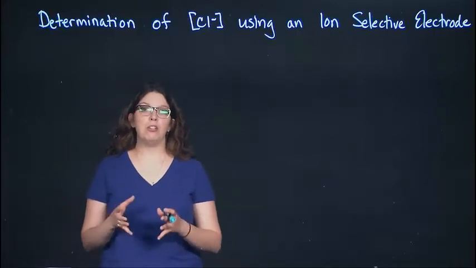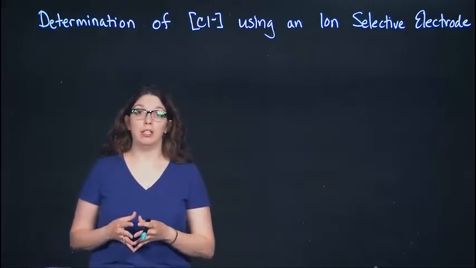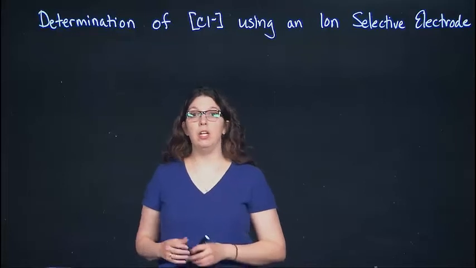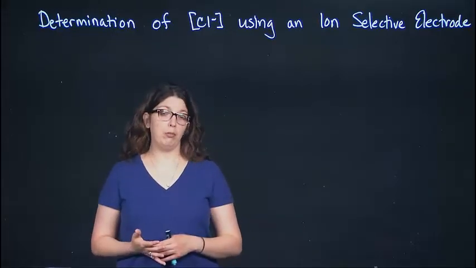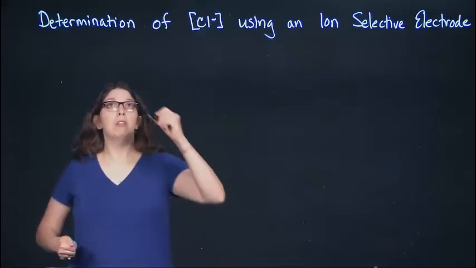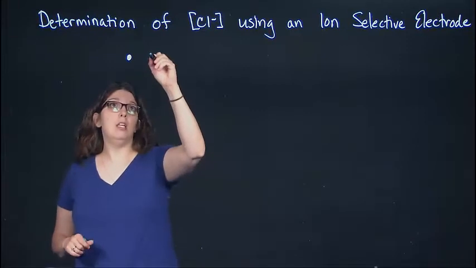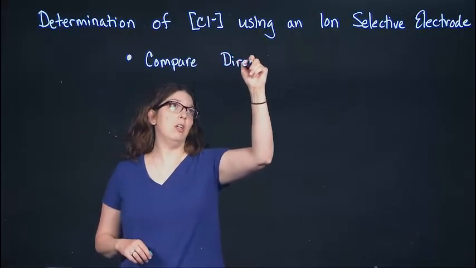For the determination of the concentration of chloride using ion selective electrode experiment, you're going to be using a chloride selective electrode to determine the chloride ion concentration in a couple of water samples. The first thing you're going to do in order to perform this experiment is compare direct calibration